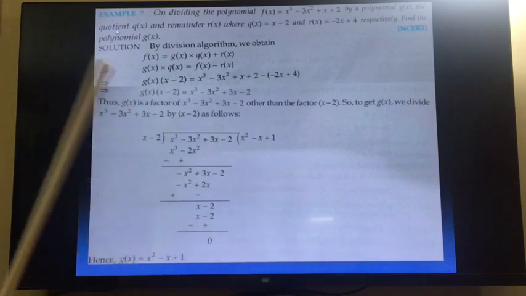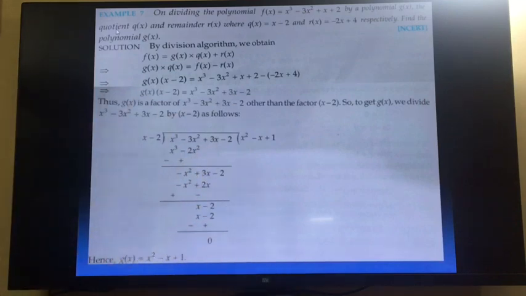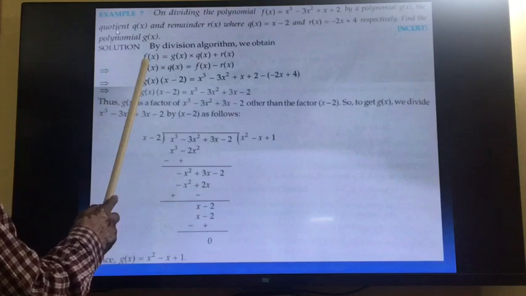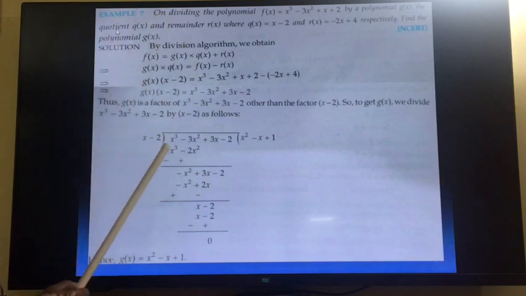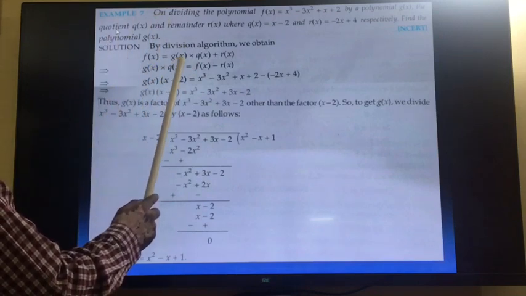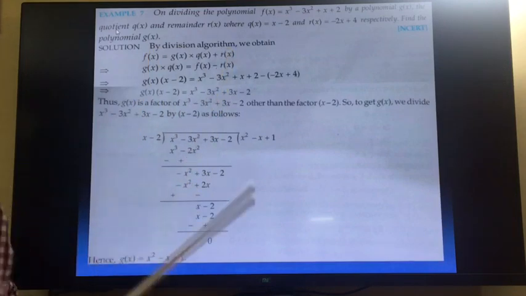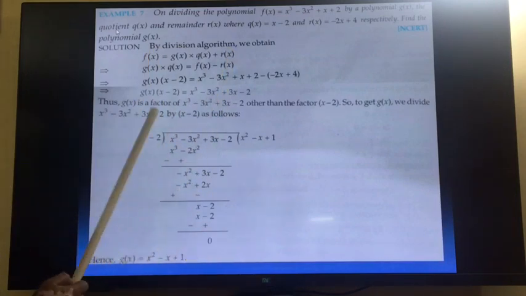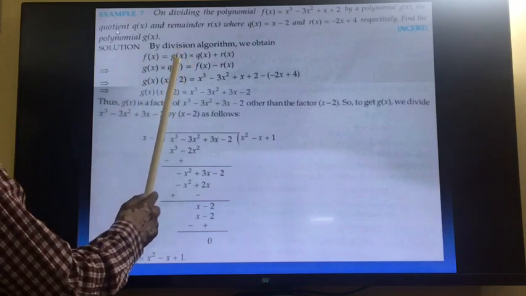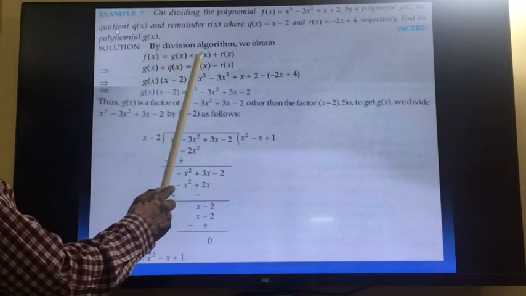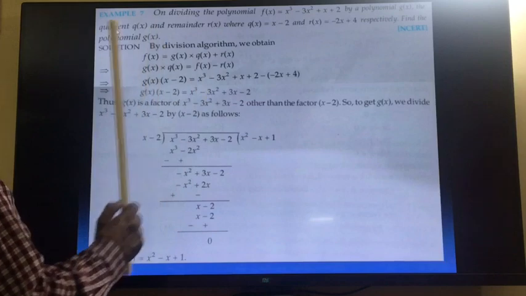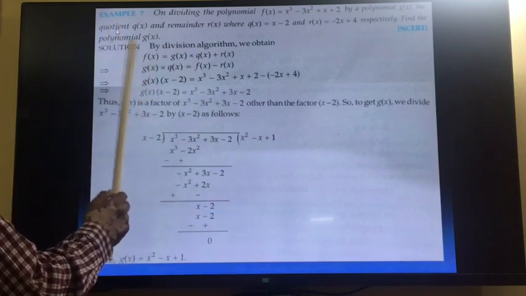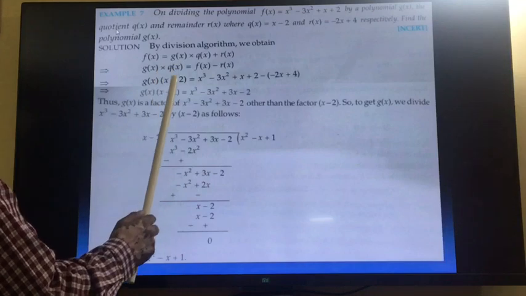So if the quotient as well as remainder are known in the beginning, that time we will use the division algorithm. Division algorithm is dividend is equal to divisor into quotient plus remainder. So with the help of this you will find out the value of gx into qx. So gx into qx will be equal to fx minus rx, right? This is also an important question. It is from your textbook. So once again, fx, that is dividend, is equal to gx into qx plus rx. Now gx into qx will be equal to fx minus rx. Now because we want gx, so we will put it as it is, and in place of qx we will put the value x minus 2.